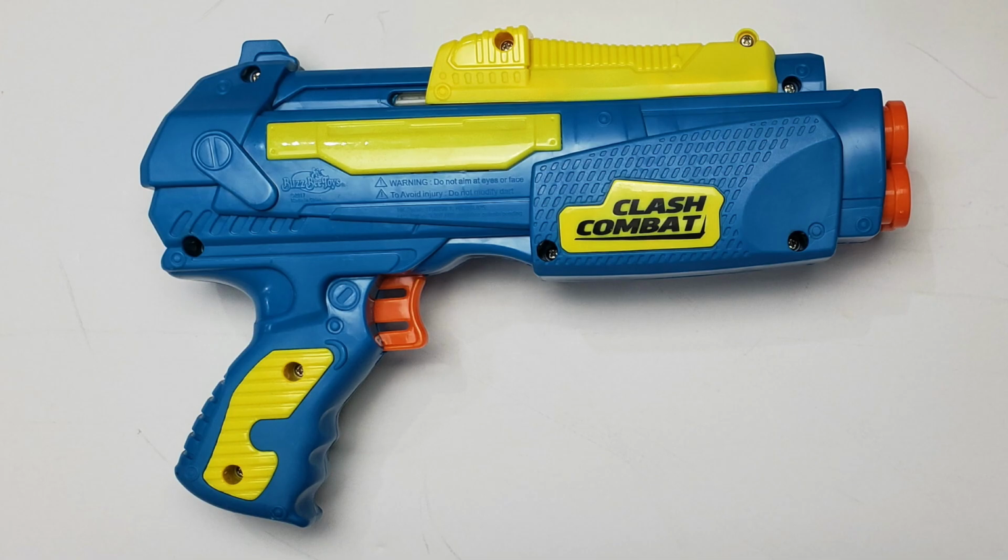So here's the blaster. The charging part of the blaster is on the top. It's kind of like a pump action blaster. And that's kind of interesting. It doesn't have any rails. Kind of looks like it has a rear sight, but I don't know if that's really going to work because the charging part of the blaster is higher than the sight. So maybe this is just for